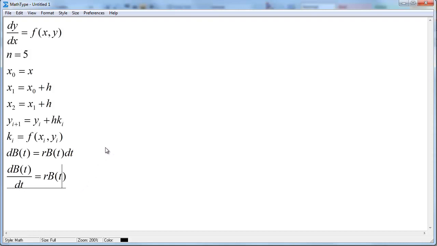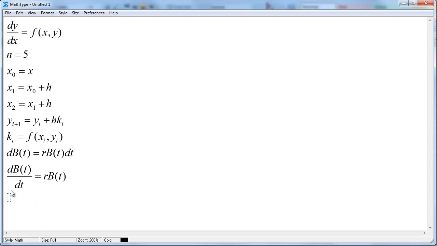R is just some constant representing the interest rate, which we assume doesn't change throughout the saving period. And so we assume there are some n steps. We set h is equal to